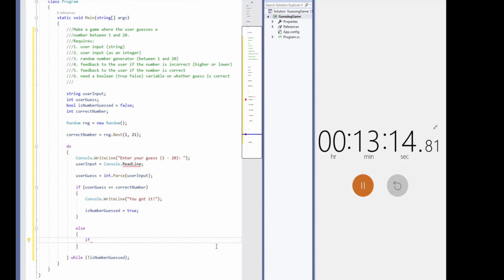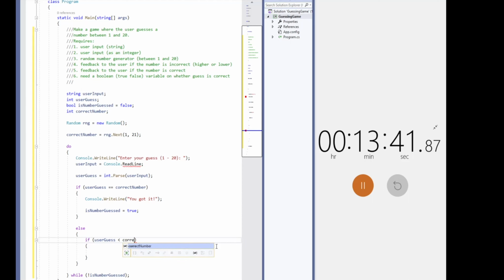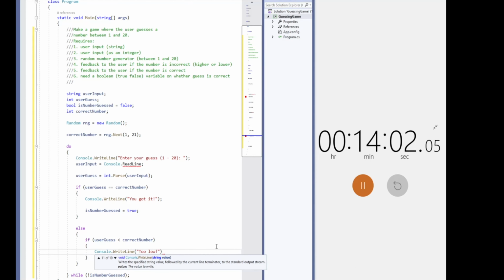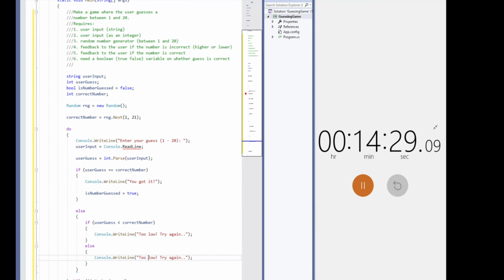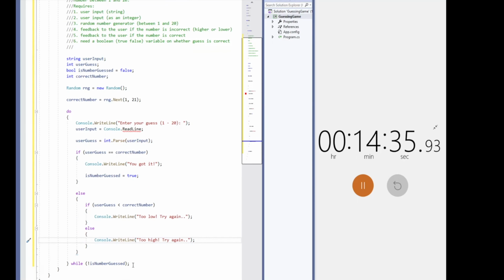And you can see I'm not the fastest of typers, but I'm also thinking at the same time. And yes, I did watch the tutorial, but I watched it a day before, and it's a little bit difficult to recall some things, but at the same time, I'm really just trying to use common sense and a bit of logic to put this together. So you can see here, all I've really done is said if the user guess is less than the correct number, then the feedback is that it's too low, or else the user guess is too high,